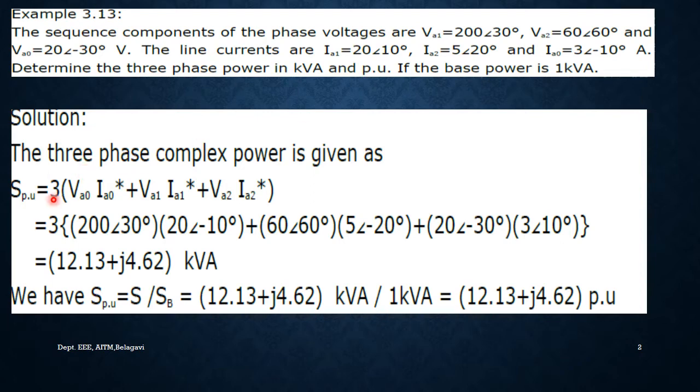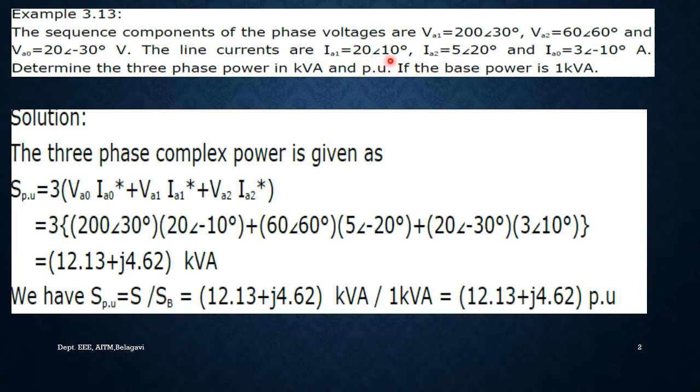As we know, the three-phase complex power is given by this entire equation, with the zero sequence component voltage, zero sequence component current, and the positive and negative sequence voltages and currents. Respectively we are going to substitute each component voltage and current value in the equation below. Let us first substitute the positive sequence component. The positive sequence component voltage is 200 at an angle of 30 degrees, into the positive sequence current,